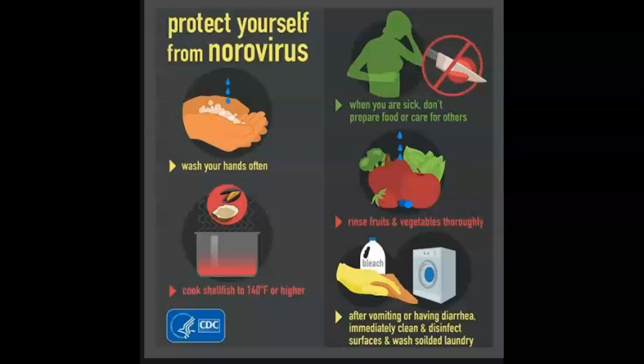Norovirus is the leading foodborne disease that causes gastroenteritis. So it's the leading cause of gastroenteritis. And interestingly enough, norovirus is actually named after Norwalk, Ohio, because in Norwalk in the 1960s, there was an outbreak among school-aged children. The virus was identified not too long after that, and it got the name norovirus.